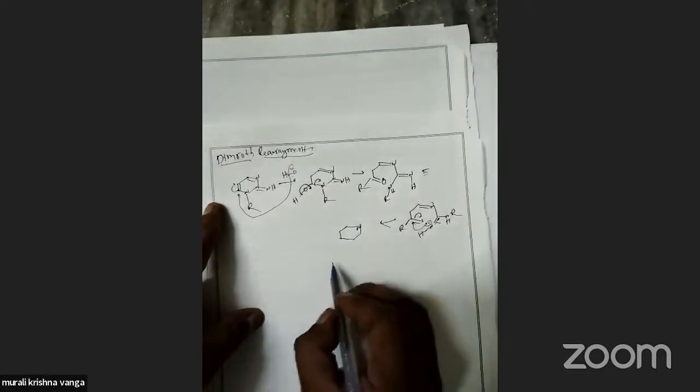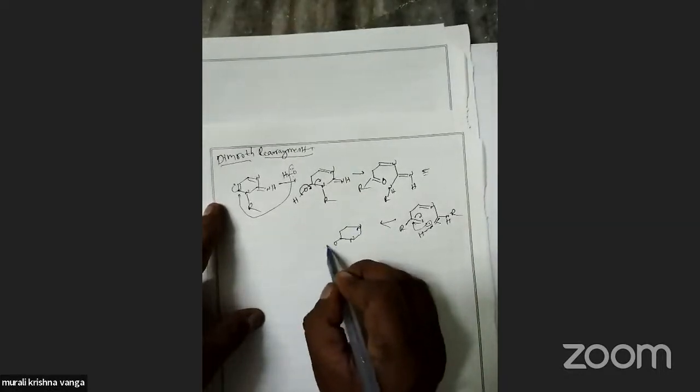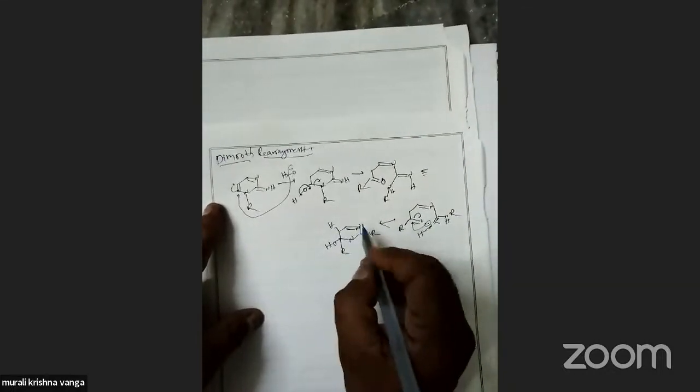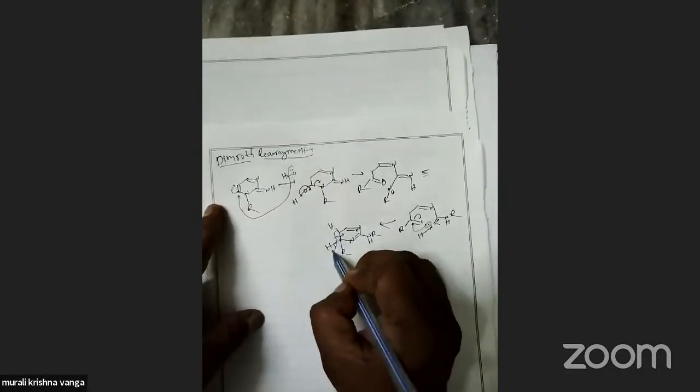Then the product is OH, R, NHR, double bond, hydrogen. This hydrogen is involved in the loss of a water molecule. Then the product is